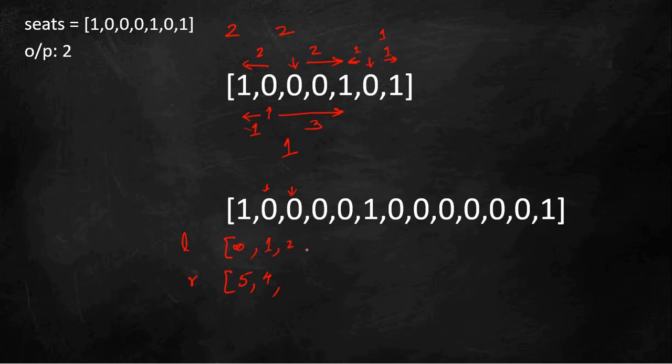So this is 2, here it will be 3, here it will be 4, because 1, 2, 3, 4, the person is at 4 distance on the left hand side. Here it will be 5, because from here it will be 1, 2, 3, 4, 5 distance away. When Alex is here, the person is 1 distance away on the left hand side. So this will be 1.